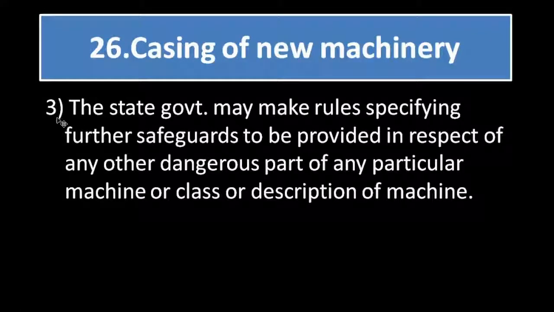Now we'll learn about subsection 3. The state government may make rules specifying further safeguards to be provided in respect of any other dangerous part of any particular machine or class or description of machine. So in this subsection, authority is given to the state government to make rules regarding safeguards to be provided to dangerous machines or dangerous parts of the machine or any such class or description of machines. So with this, we'll move on to our next section,